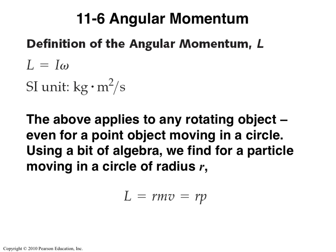It's just mr squared, if all the mass were concentrated there. This may frighten some people, but that's how you define the moment of inertia. If you only have one object, then it's just m, and the distance is r squared. So mr squared omega. What is r times omega equal to? That's the tangential velocity, the velocity of the object. And mv is p. So at least for this point object, you can also write L